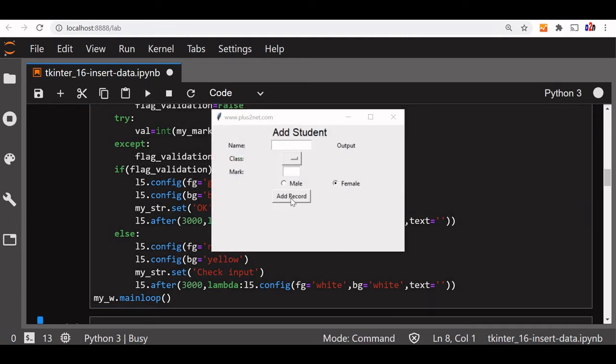Okay, fine. Let me just first without validation. Okay, check input. It should vanish now. It vanished. Now I'll give all the conditions, satisfy all conditions. So I should get that OK message, whatever we have programmed. So let's add the record. Yeah, okay. And this should go after 3 seconds also. Fine. This is how you can vanish the message, and even when you are connected to the database, when the record is added, you will display the record ID showing that the record was successfully added, and then we'll again vanish it. Now we'll go for our record adding.